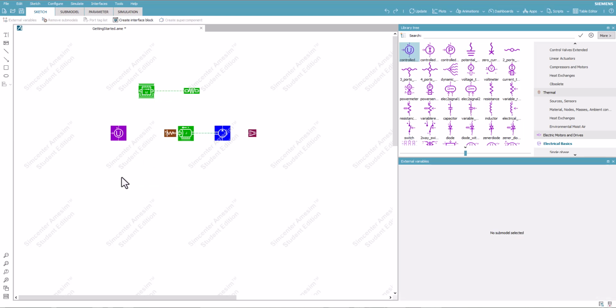Other helpful actions within the Sketch window include rotating a component by pressing the wheel of the mouse or Ctrl-R, flipping the component by right-clicking or Ctrl-M, the spacebar to duplicate the last placed component, and Ctrl-A to select all components. Common commands such as Ctrl-C and Ctrl-V to copy and paste, as well as the delete key, are possible.